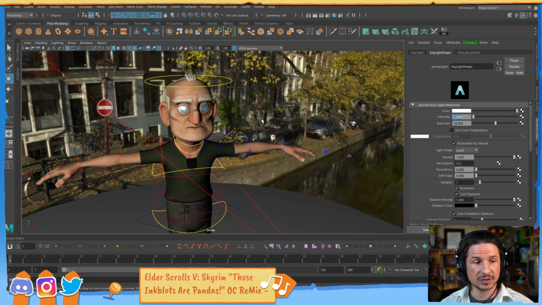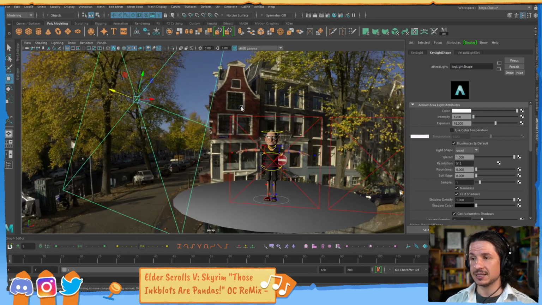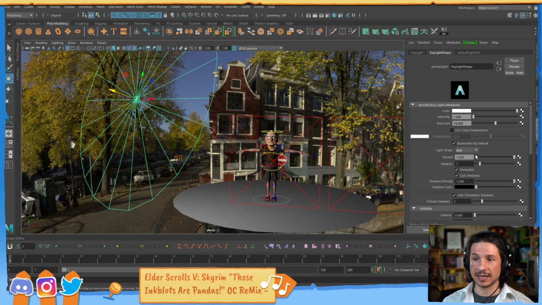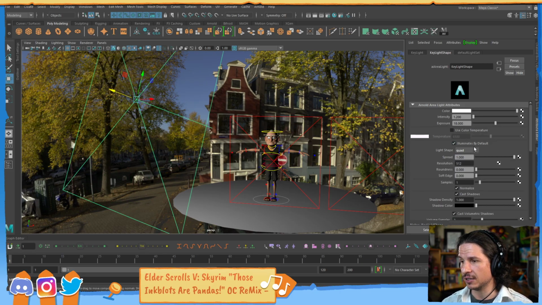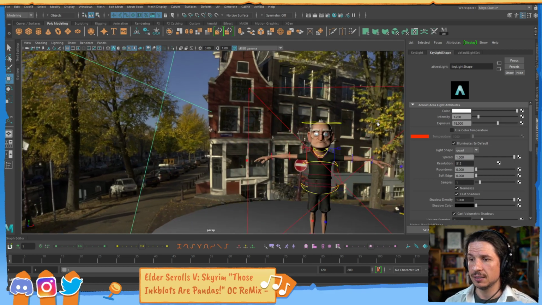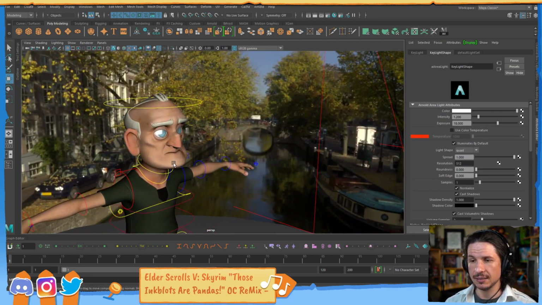Changing the area light to a disc shape is really nice too. With the area lights, you can go right here, light shape, and change it to a cylinder or a disc. That can be really nice. You can also take the spread and make it a little softer. You can take soft edge. There's so much you can do with area lights. They're fantastic. Now the other thing you can do is use color temperature here to have the light use the actual color temperature. I'm not going to worry about this because I've got the Sky Dome in place. So we've got our key light in place, and you can see that gives some nice